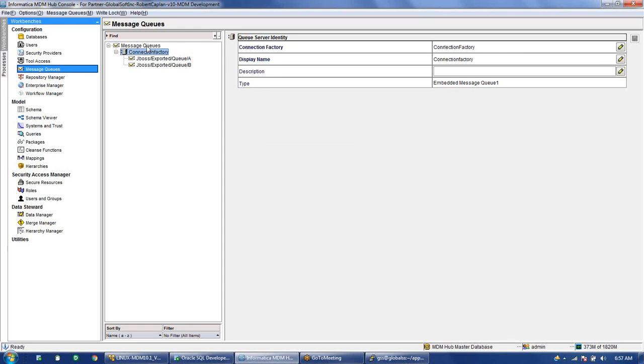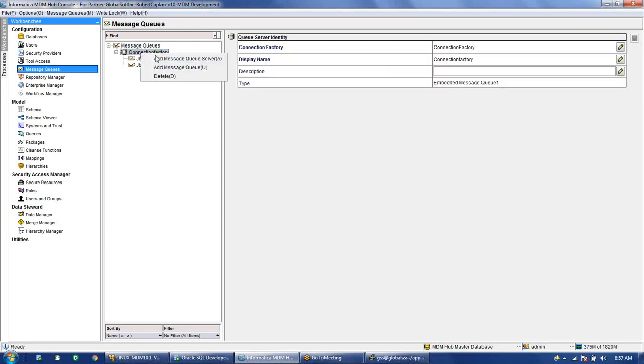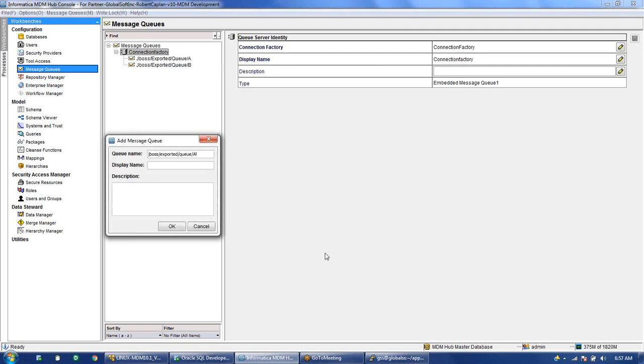So we can come to the connection factory and add a message queue. And here we can paste the message queue. Like this, a message queue gets created. As of now, I will give it a separate name like QC, which is not there at all, which we have not registered in the XML file.